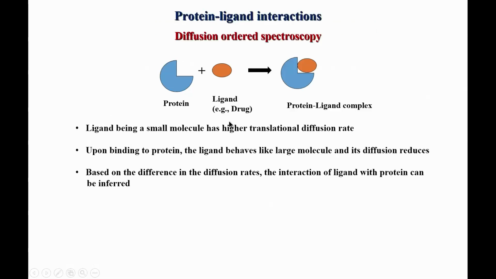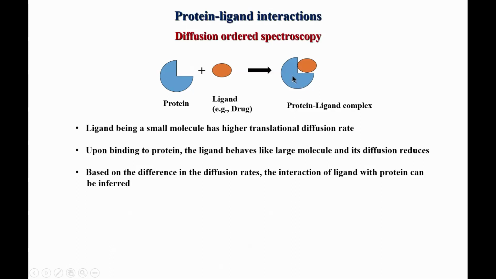We will go through this and look at how we can study the interaction of a ligand with a protein using this technique. Again, look at this picture which we have seen earlier. Suppose you have a small molecule ligand, some kind of drug which interacts with a protein, and you have this complex which is formed. Now, let us assume that the complex is strong, which means the ligand has a high affinity for the protein, in other words, the ligand is tightly bound to the protein.